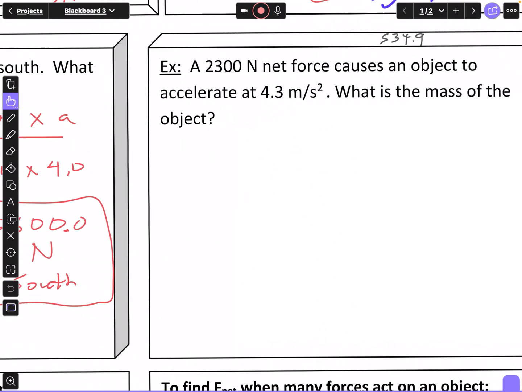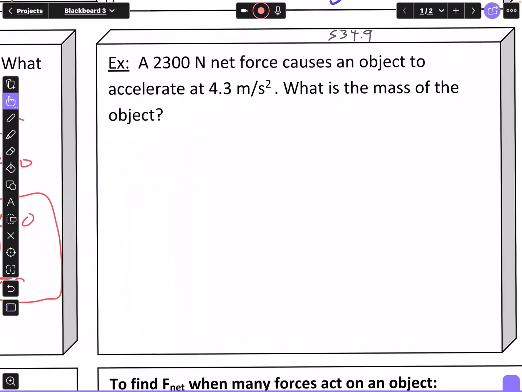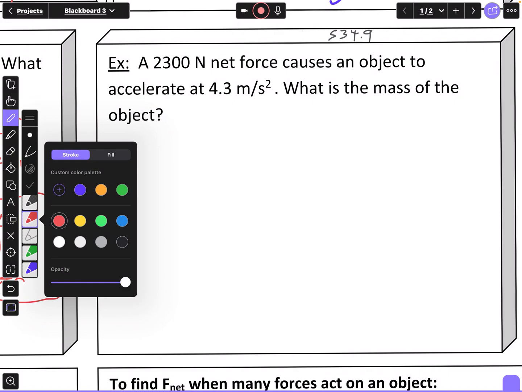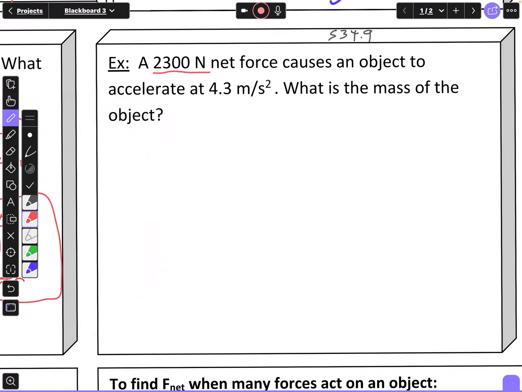Okay, on to the next one. The problem says a 2,300 Newton, that's important, it's telling me newtons, net force, so that's my F net, causes an object to accelerate at 4.3 meters per second squared, that's acceleration. What is the mass? So it's telling me F net